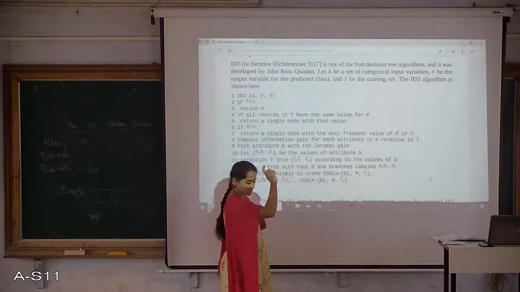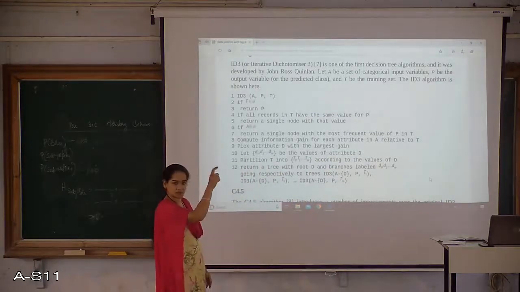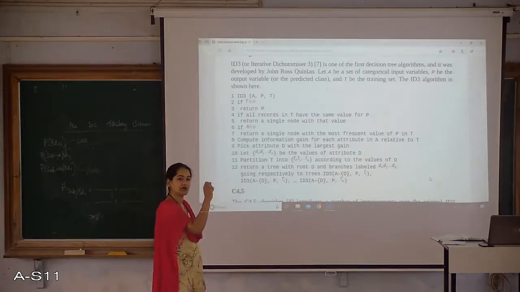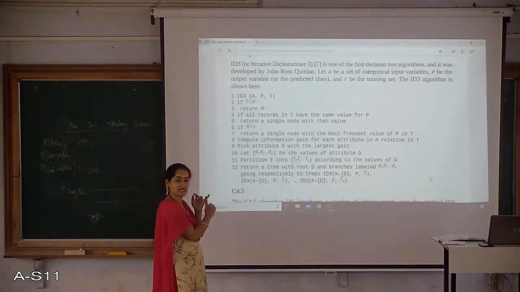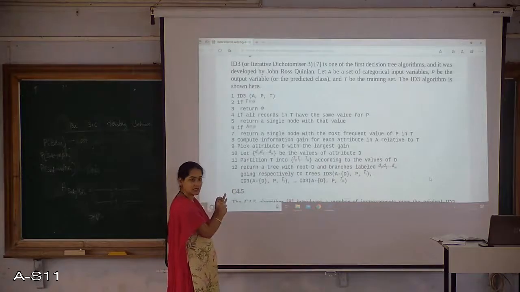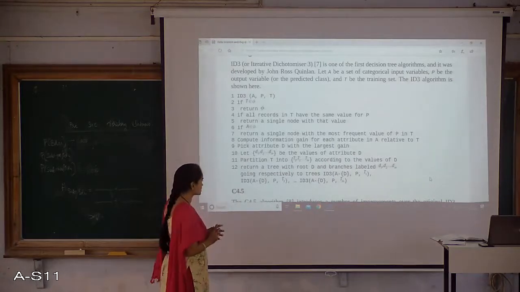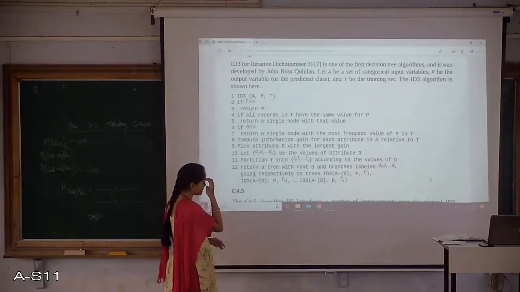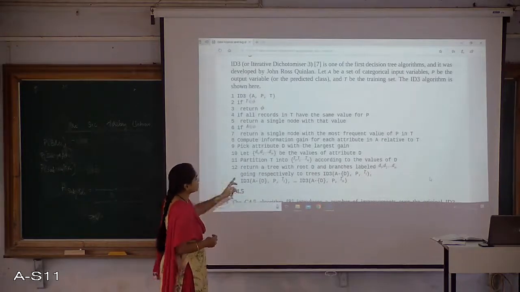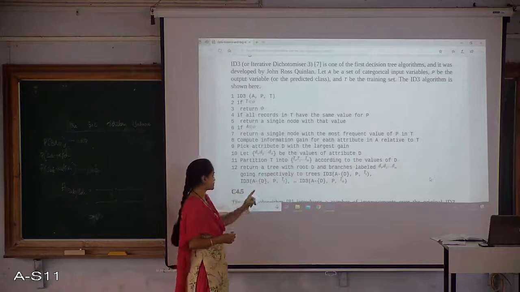That's why the initial node which I have taken is P outcome, with unknown and failure on the left side, and success on the right side. So I am making a partition of the whole data into partitions like that. Then I am creating a tree for that.